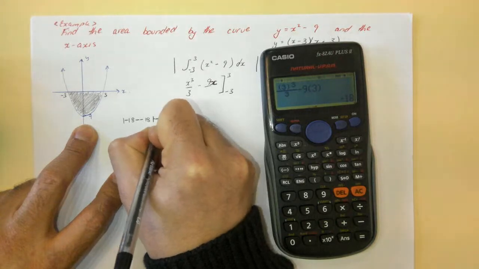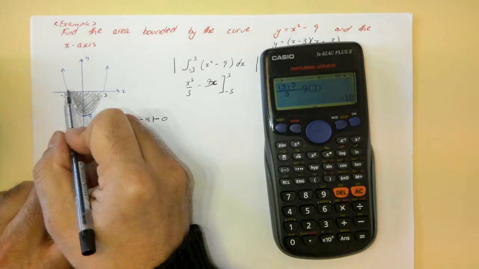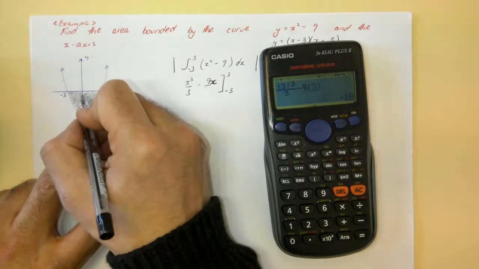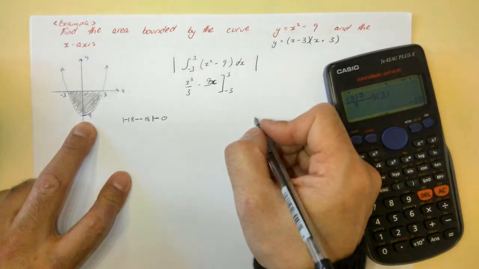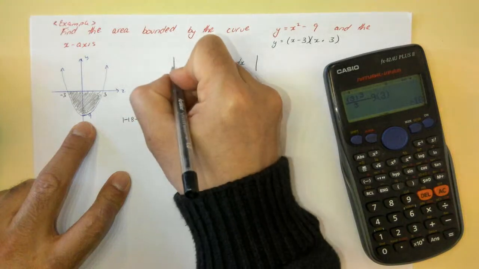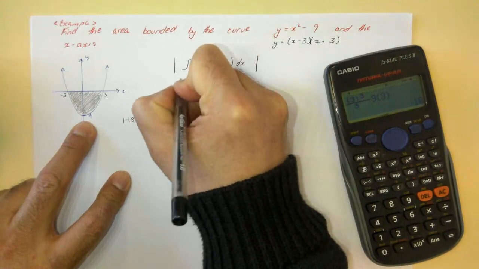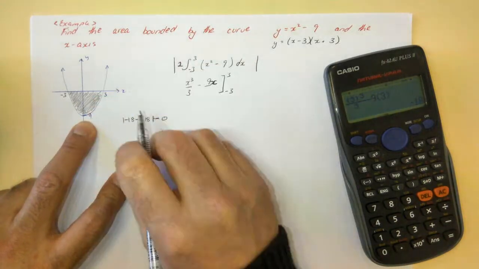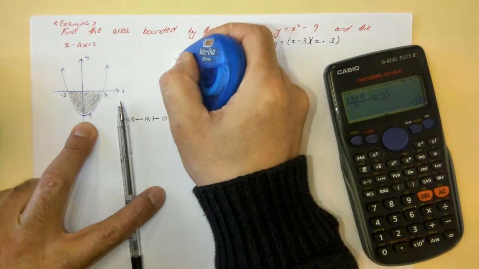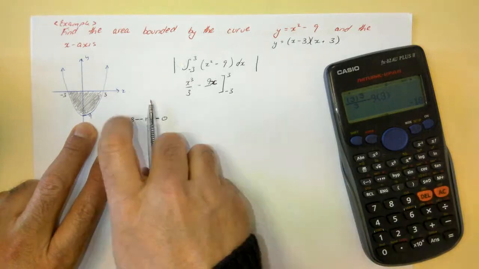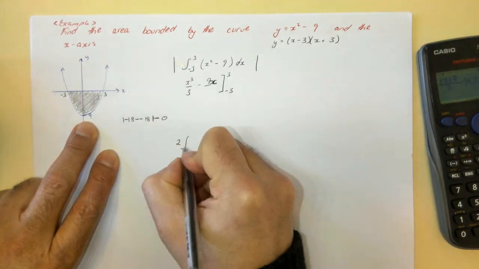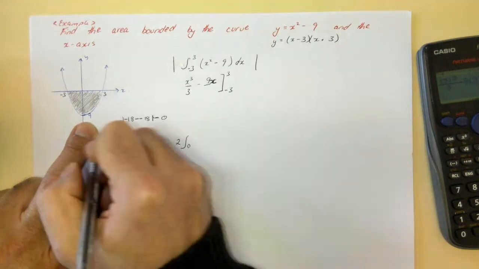Which would give me a solution of 0. Okay, because this function is also an even function. So what I really want to be doing is I want to actually take two lots. Sorry, I'll do it again over here. So what we really want to do is we want to have two lots of the integral from 0 to